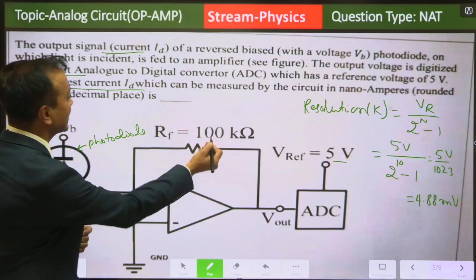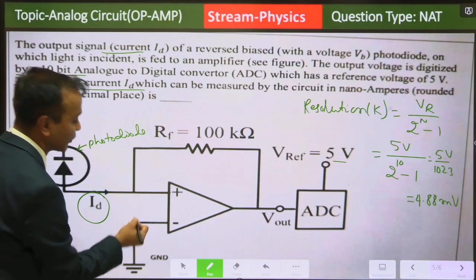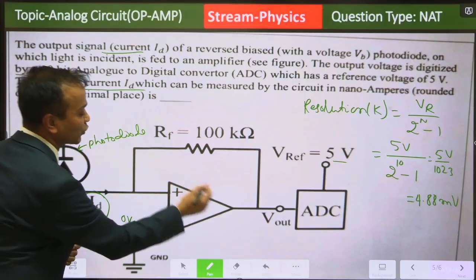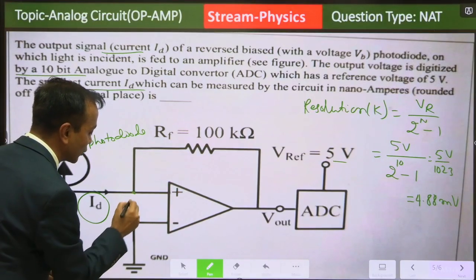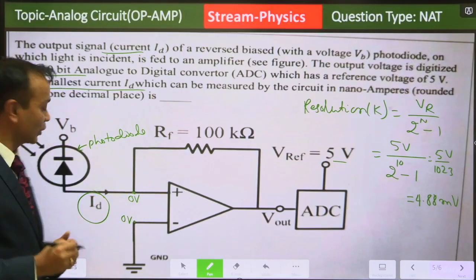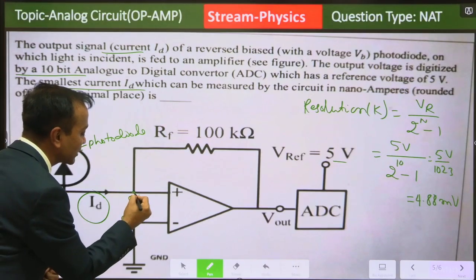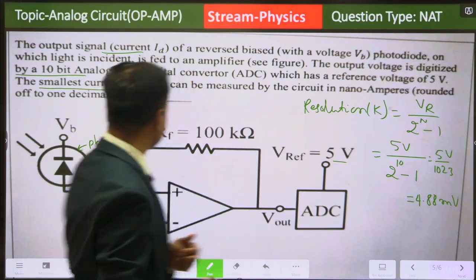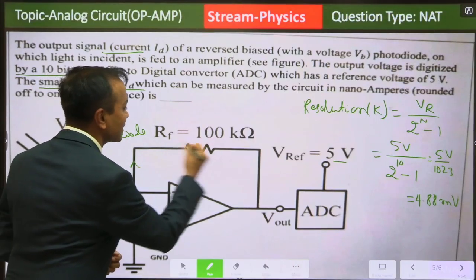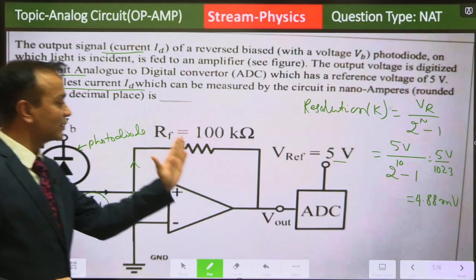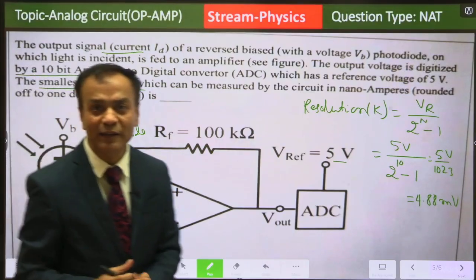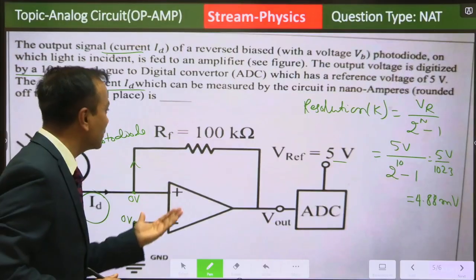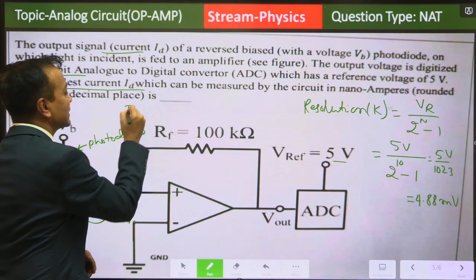So here, how can we calculate this ID? As per the virtual short property of the op-amp, if this is 0 volt, then this will also be 0 volt. So whatever ID current reaches this node, no current passes through the op-amp in the ideal case. This current passes through the resistor RF, and this way we can apply KCL at this point and calculate the minimum current corresponding to the minimum voltage. So here this ID is given by